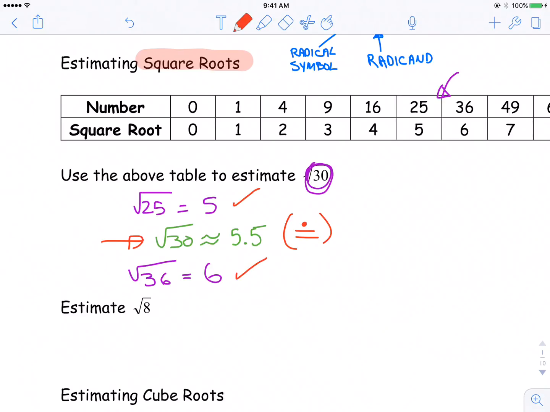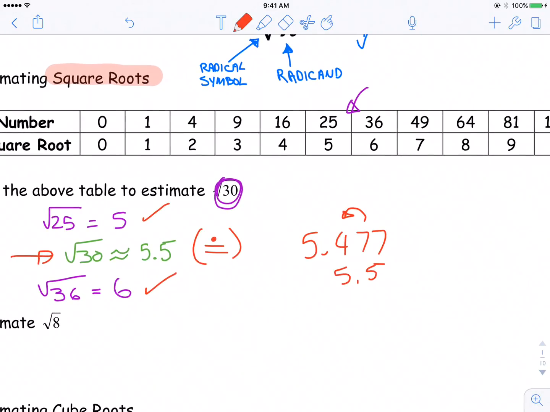What's right in the middle between 5 and 6? Well, 5.5. And you could probably check this on your calculator fairly quickly. Second function, square root 30 is actually 5.4777, which of course to one decimal place would round up to 5.5. Okay. So it is just an estimate, and this is one of those questions that on the provincial exam would come up in the no calculator section of your test, because